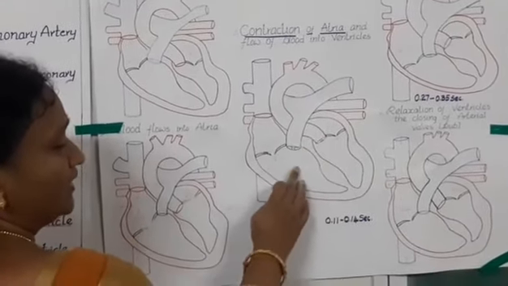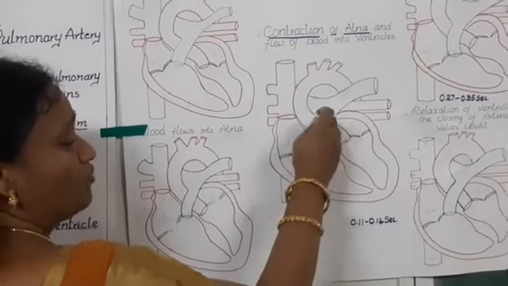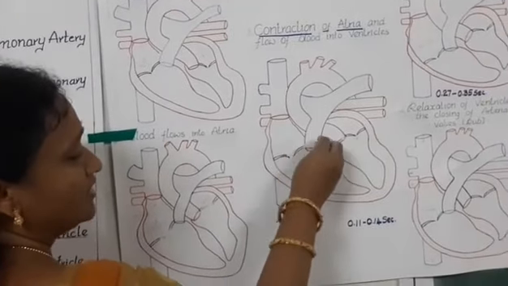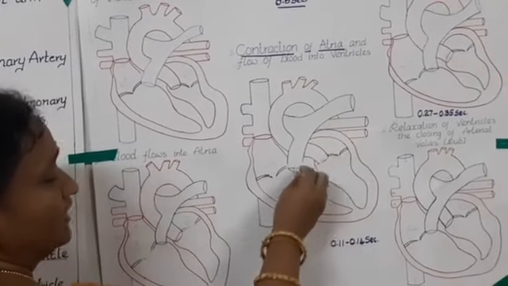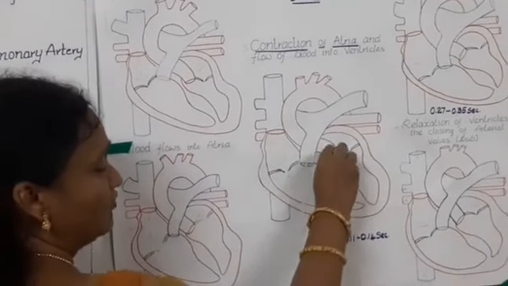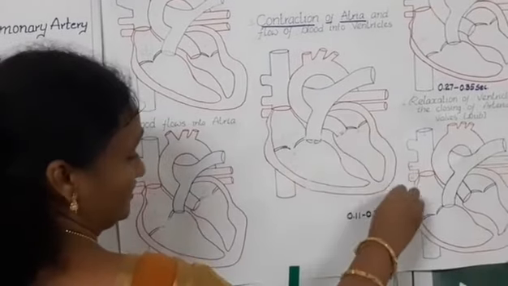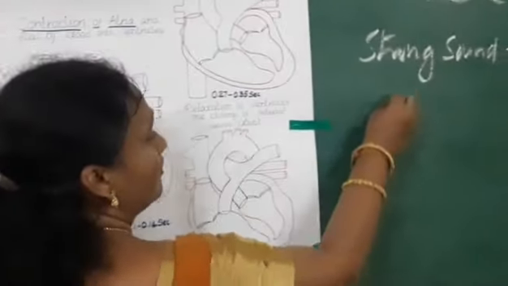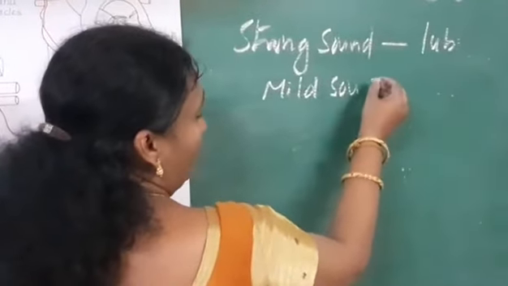So here, when the blood completely goes from the ventricles to the arteries, some amount of the blood wants to come back to the ventricles. At that time, the valves present in the arteries get closed. The systemic valve closes and the pulmonary valve closes. The pulmonary valve, which goes to the lungs, closes, and the systemic valve closes. As a result, we observe a mild sound called dub. That's why we call the heartbeat lub dub.